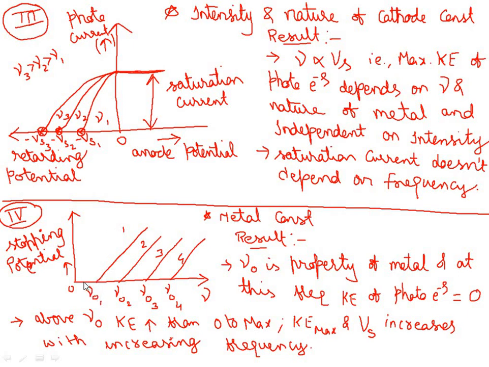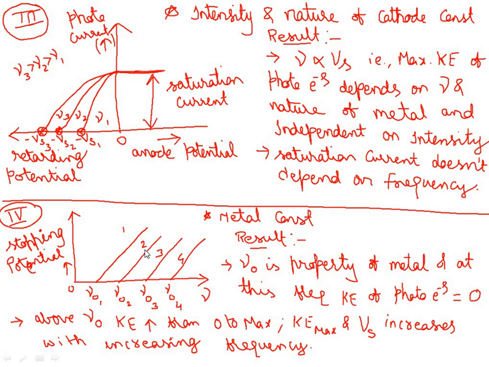Look here, this nu01 is nothing but the threshold for this first metal. Here I have taken 4 different specimens, or you can call them 4 different metals: 1, 2, 3, 4. The nature of the graph is the same, which means their slope will always be the same, but of course they have different threshold frequencies, which clearly shows us that different metals possess different threshold frequencies. Thus we can call threshold frequency a characteristic property of a metal, and at that threshold frequency the kinetic energy of the photoelectrons is 0.